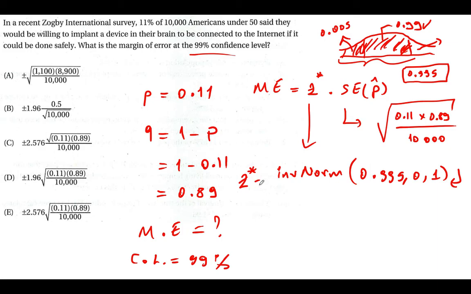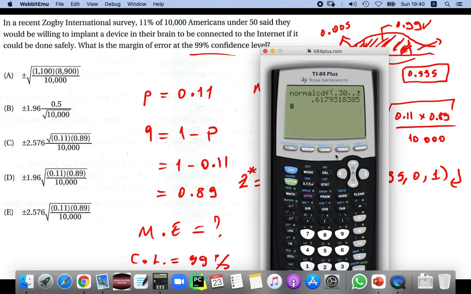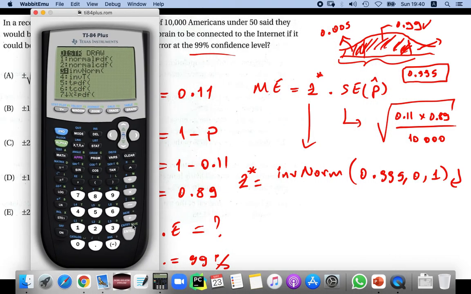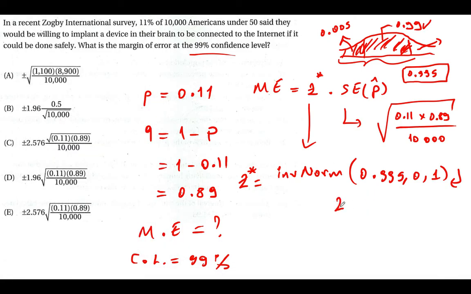So if I use the calculator, it will be second, inverse norm. When I have the inverse norm here, area is 0.995 and mu 0, sigma 1. So it is 2.5758. If I round it, 2.576. So it will be my critical value, 2.576. So the margin of error is equal to